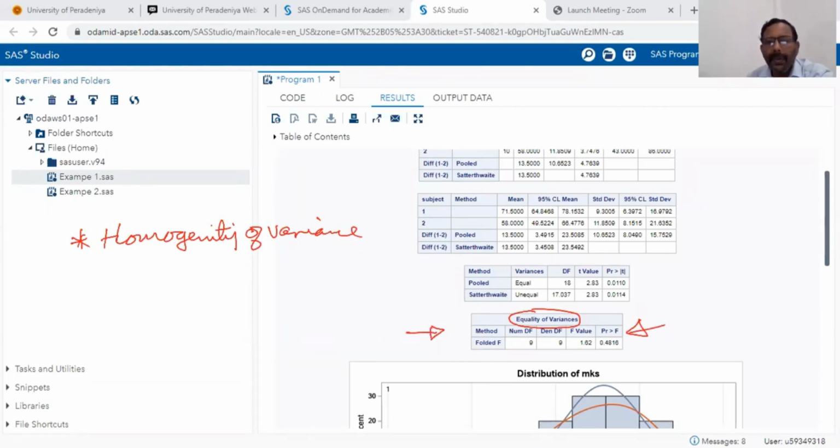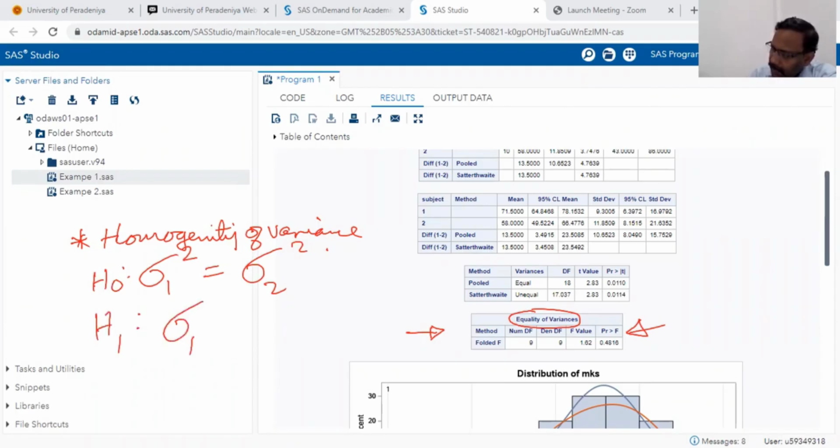Have you seen homogeneity of variance? We said we can test sigma 1 square is equal to sigma 2 square. We can test that. Alternative, sigma 1 square not equal to sigma 2 square. So this is another testing. Why? Because this pooled t-test is valid when you have homogeneity of variance. Only when you have homogeneity of variance is the pooled t-test valid. So here,